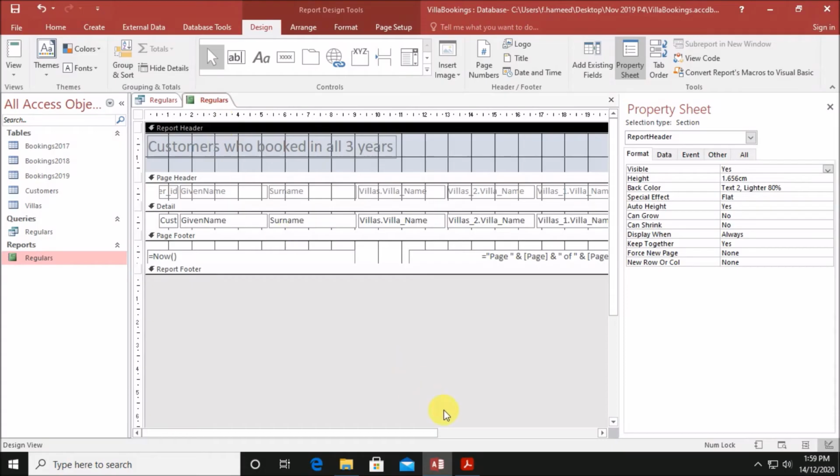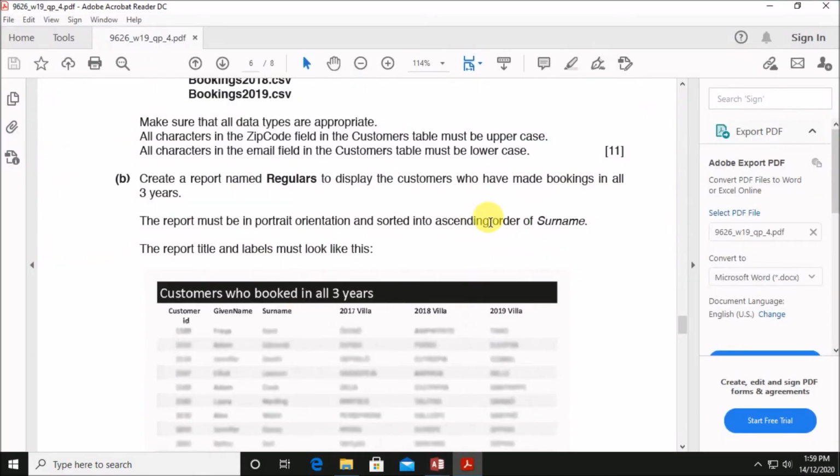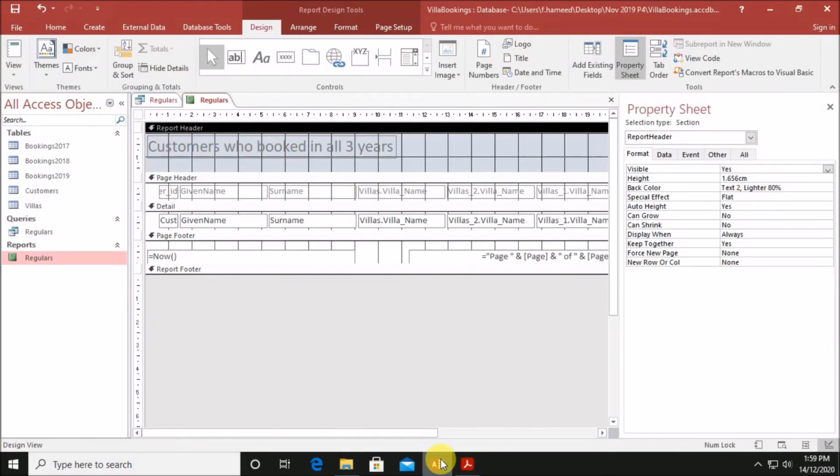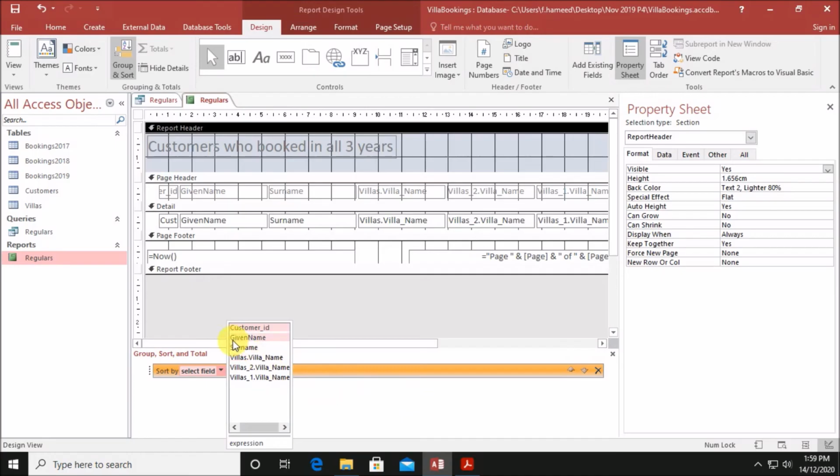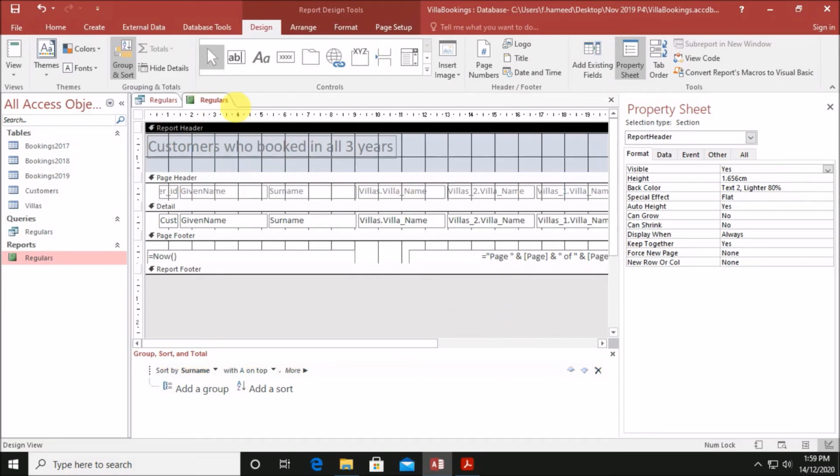And it should be sorted by ascending order of surname. So click on group and sort here. Add a sort. Select surname and ascending with A on top means ascending order. Now you can save this.